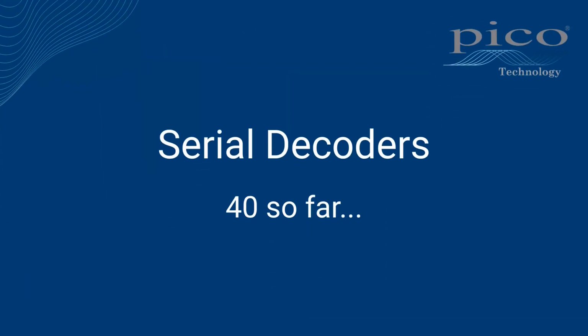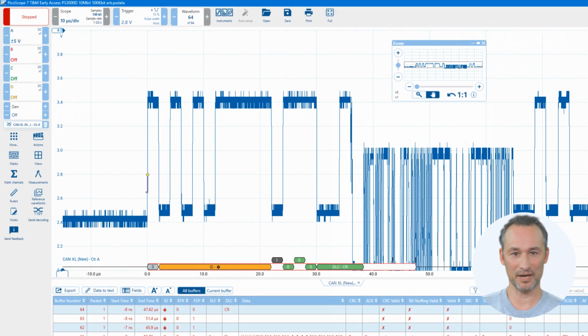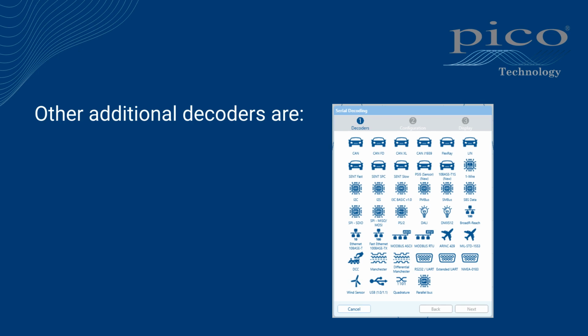Serial decoders. The number of serial decoders included with PicoScope has grown. 40 protocols are now included as standard. The most recent additions are CAN-XL, the third-generation Controller Area Network protocol, building on and supporting backward compatibility with classic CAN and CAN-FD networks. It is targeted at in-vehicle networks, connecting multiple controllers and sensors using a single differential mode bus. The other additional decoders are